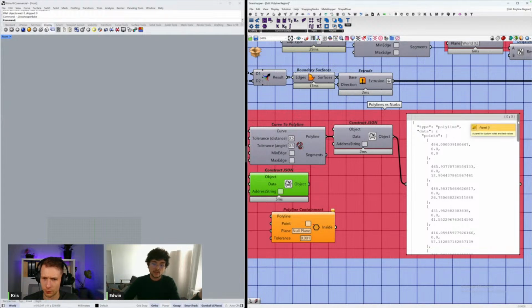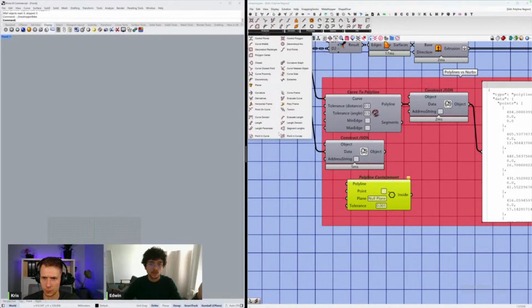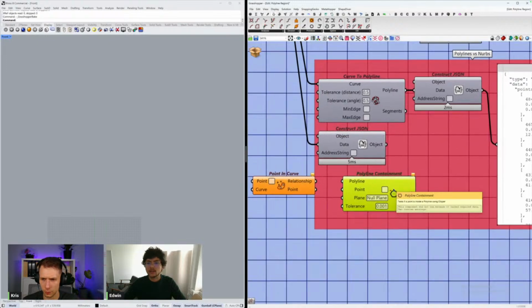And if it's just a list of points, that means you can do many simple mathematical operations with that. For example, I have here another example that I could have used before for all of these containment checks. That is way faster than the classic point containment operation. So point in curve could become very slow when you have a lot of checks. But if you could convert your curve into a polyline, then you can use this component.